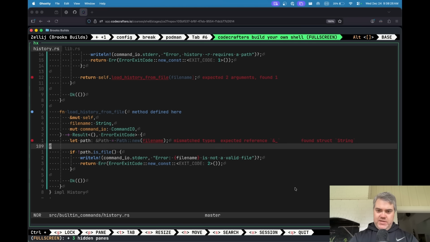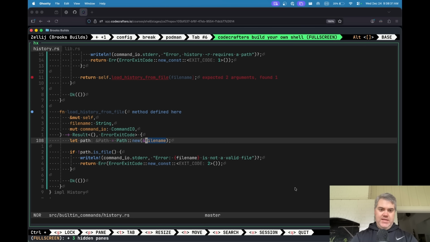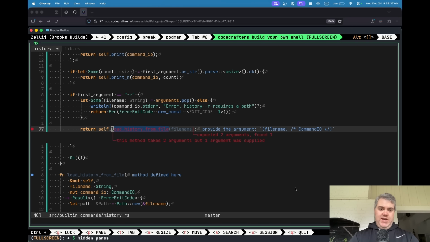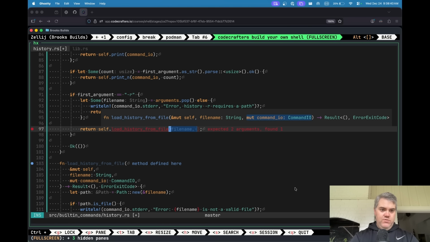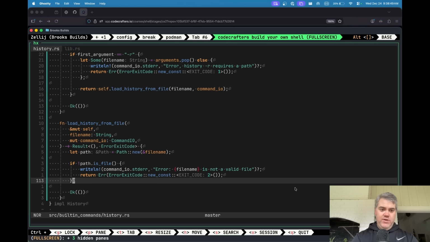Mismatch file types, expected a reference. Oh, reference, we can do that. That's easy. Okay, 2 arguments now. Expected, you now need to pass in the command.io. Okay, no errors, no warnings. This is great. We now know that it is a file, which means I want to load this up